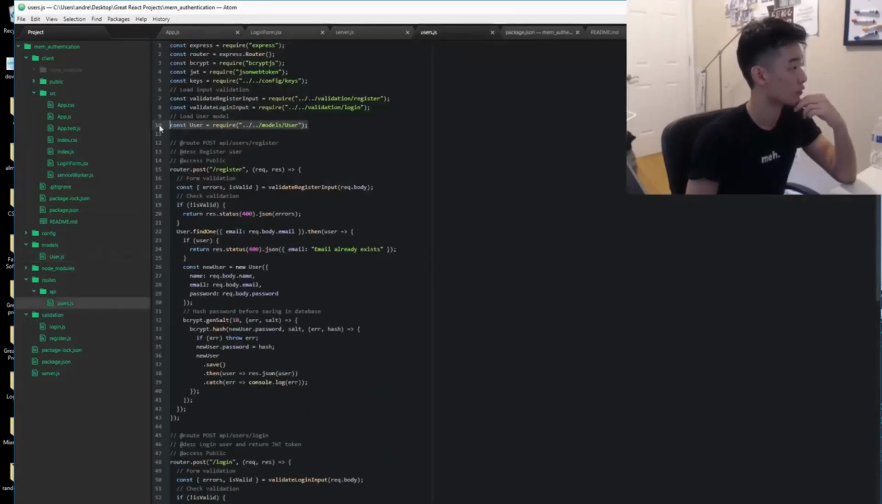So by requiring user here, we get access to the MongoDB model, and then in the backend, in Node, Express's backend, we can just use that model and do stuff like findOne, because now we have access to the documents, and then we can find the individual objects in the documents if we want, and we can definitely do a lot of other stuff with it. There are tons of